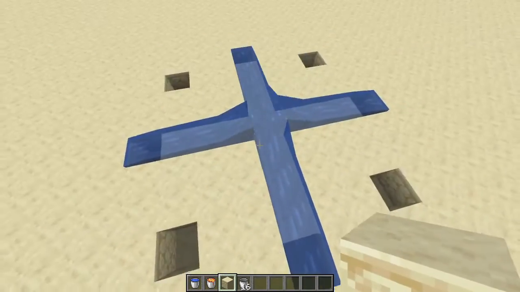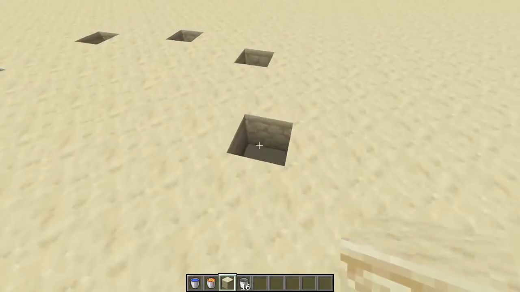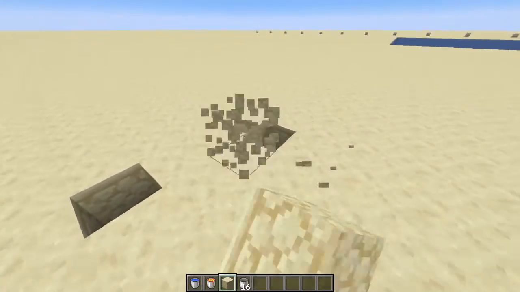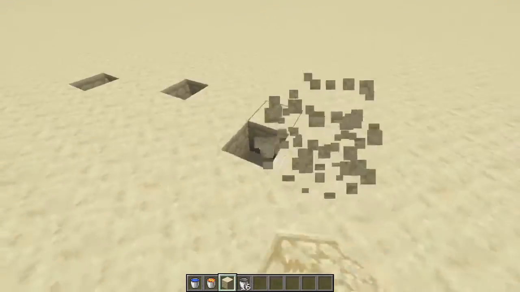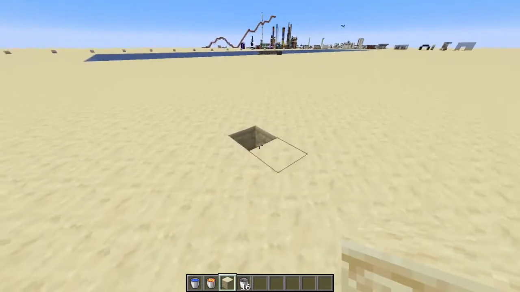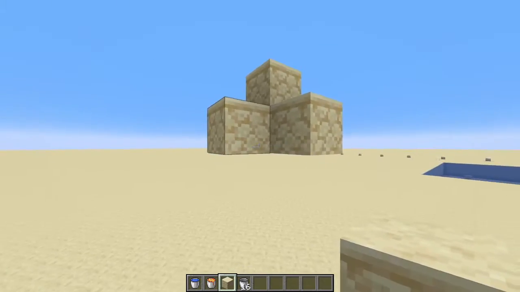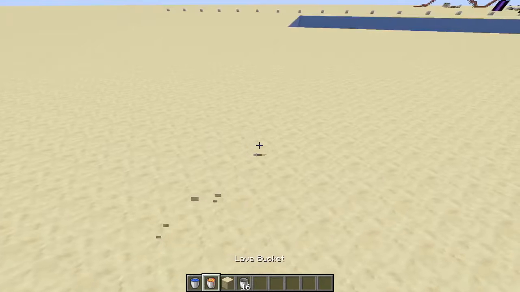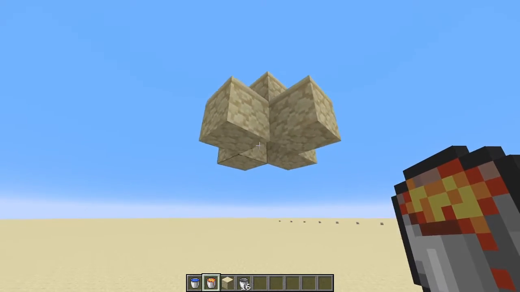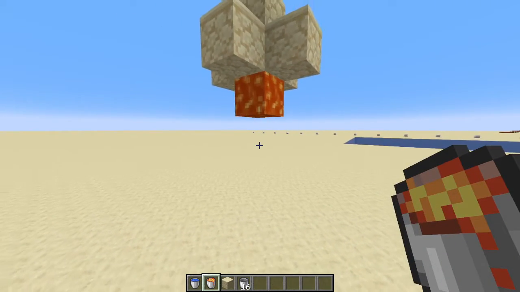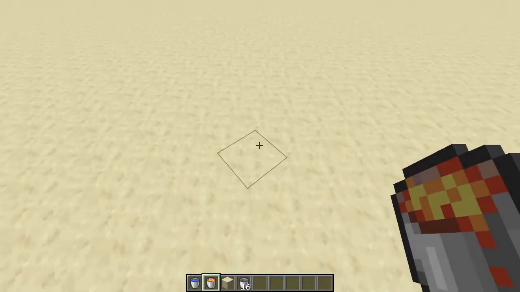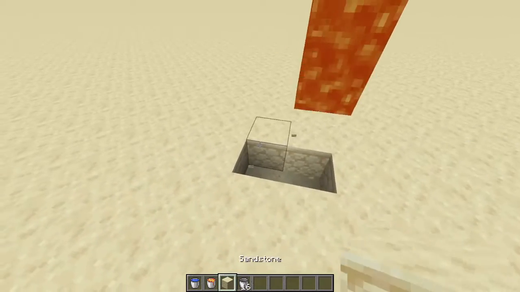But as you can see, water is one of those things that's really fun to play around with. Just see the different shapes that you can make. So do so. If you want to hop into a creative world or use your survival world, just make a space where you can just play with different shapes of water. And lava is somewhat similar. I know this video isn't about lava, and it's really slow. But you can make some really cool lights